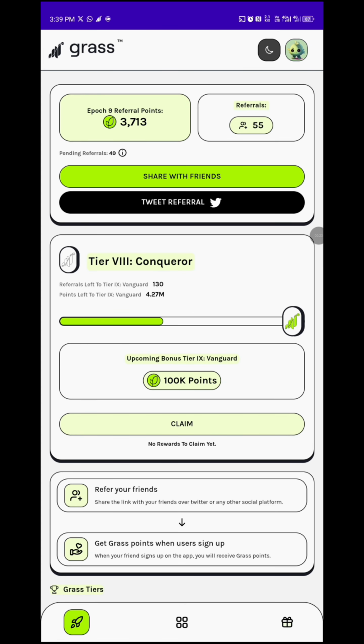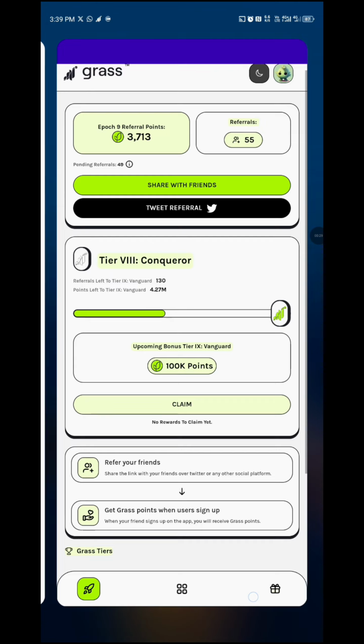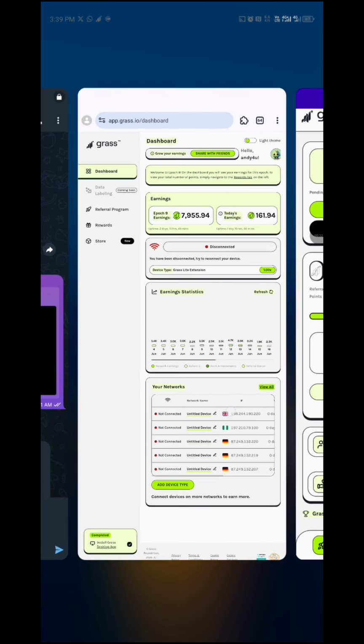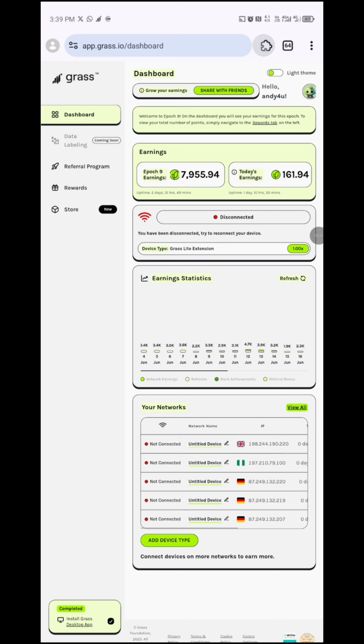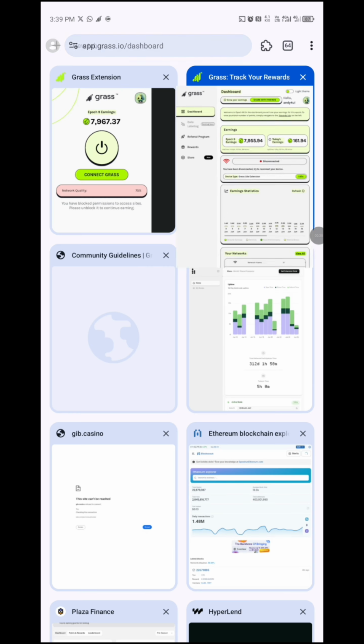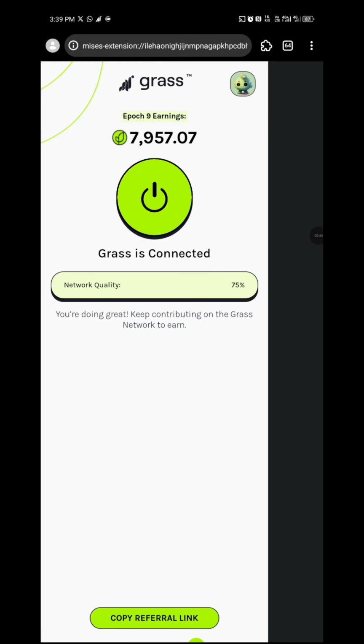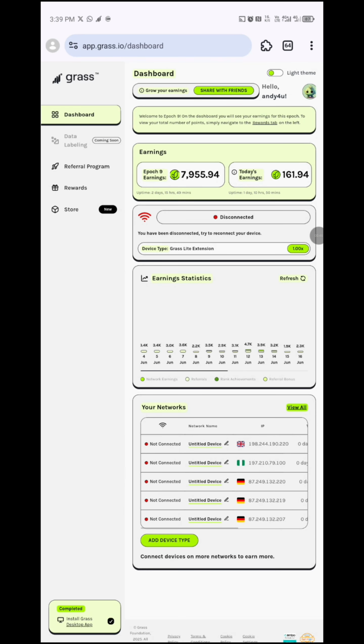It's quite simple. You just have to go to your browser where you're mining your Grass. You have to do this on your phone, right? Go to the browser. Okay, this is my Grass. I don't know why this is disconnected. Let me go to my extension. Okay, we are connected back. So now, when you come here,